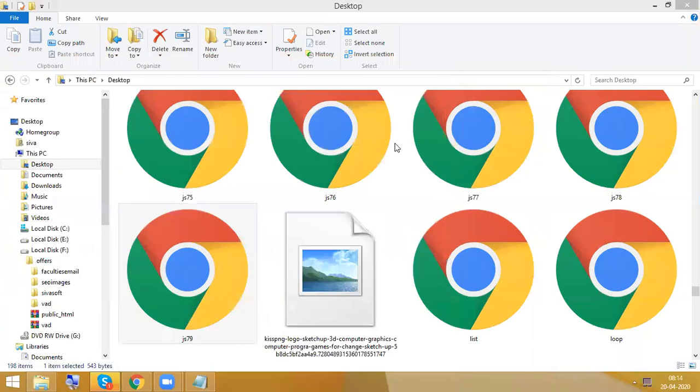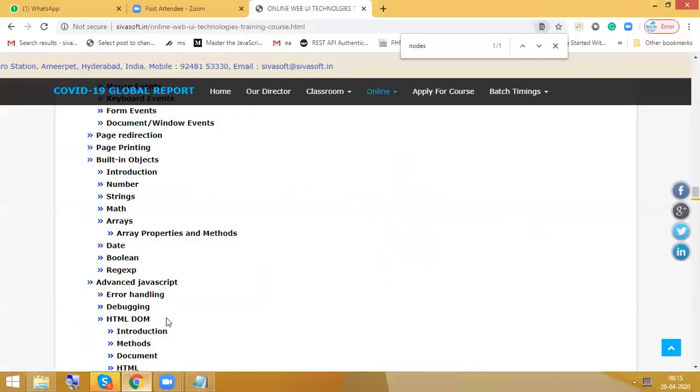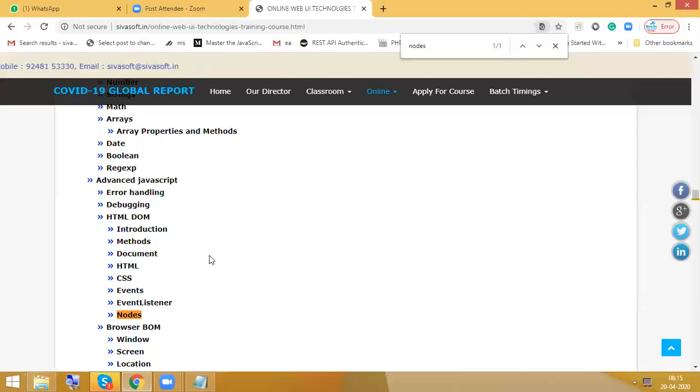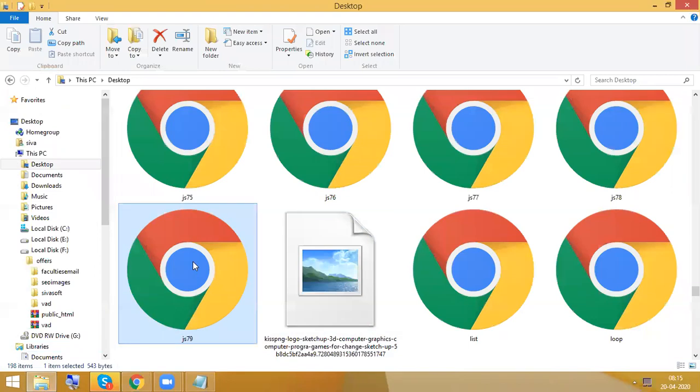Okay, fine. So we discussed up to here. Event listener we also completed. So next, nodes is the pending concept. As usual, in real time, we are not using the pure JavaScript node concept.